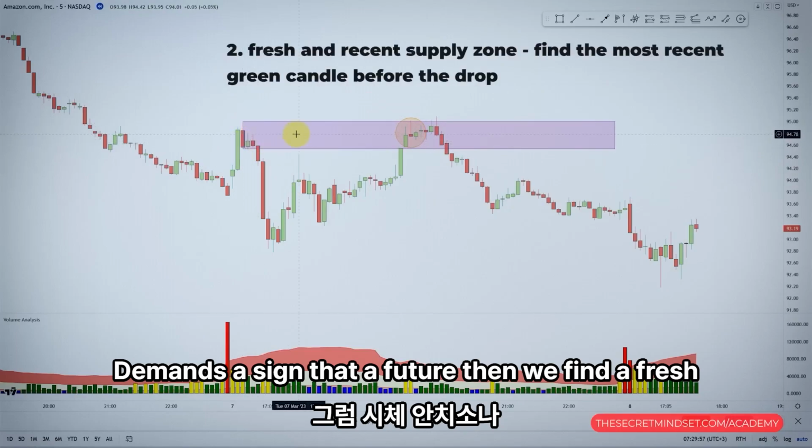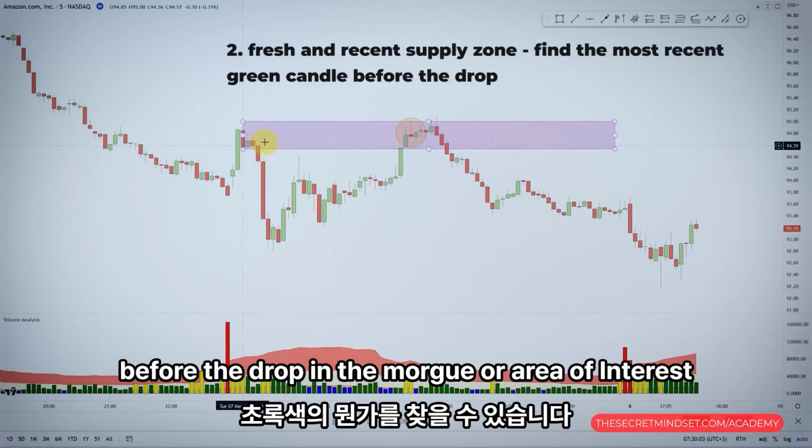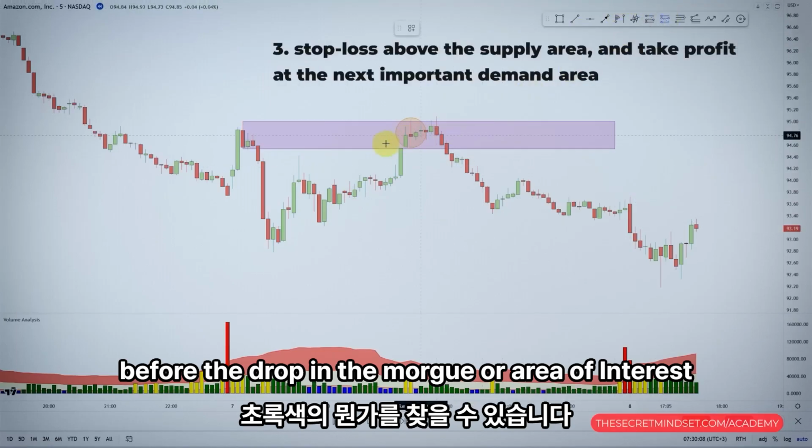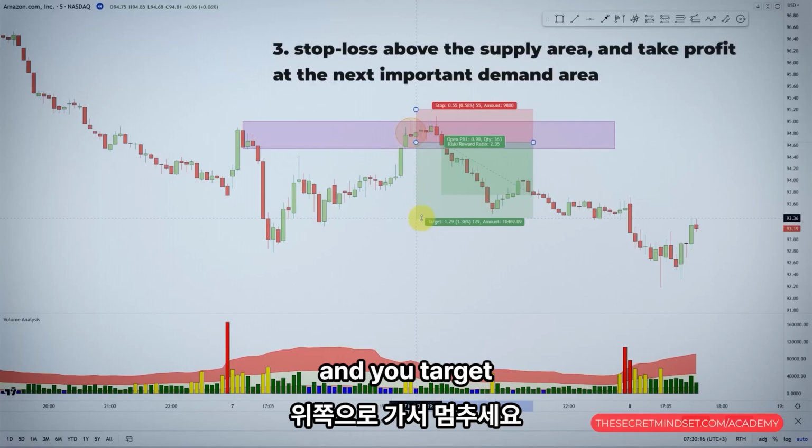Then we find a fresh and recent supply zone. We found the most recent green candle before the drop and marked our area of interest. A short position after the supply rejection was the obvious trade. Stop loss above the supply area and target the next important